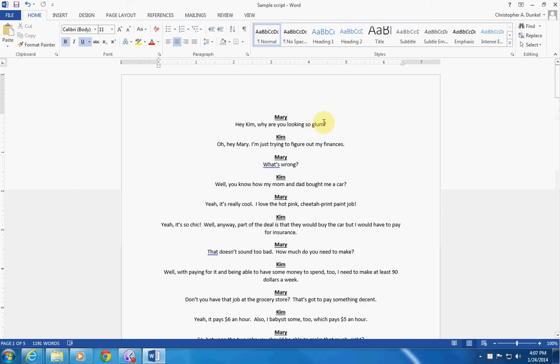So here's a tip. When you're doing your script, you can either do it while you type it, or if you want to print it out and then use a pencil and do it with pencil, what you can do is go ahead and think about what actions you want to happen during that statement and then separate it with a slash. So for instance, I could put "Hey Kim," then put a slash here in a space, "Why are